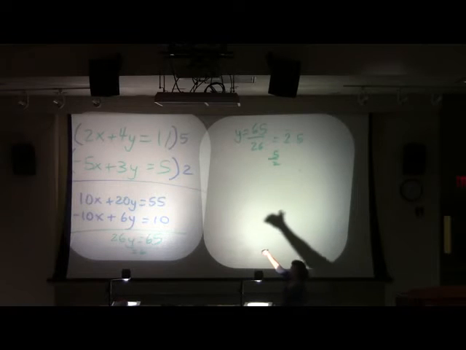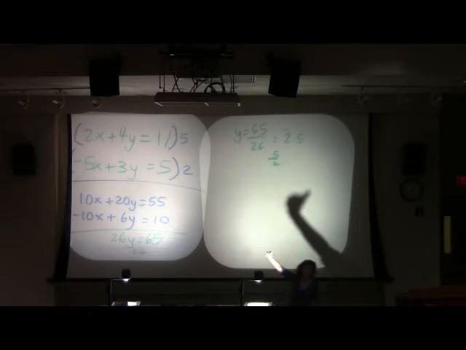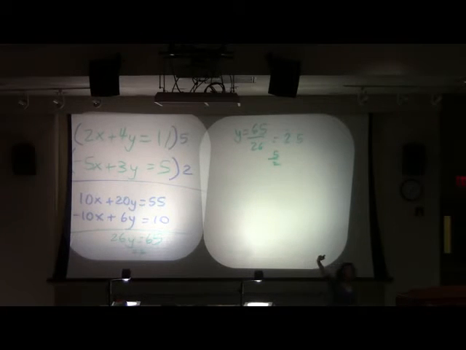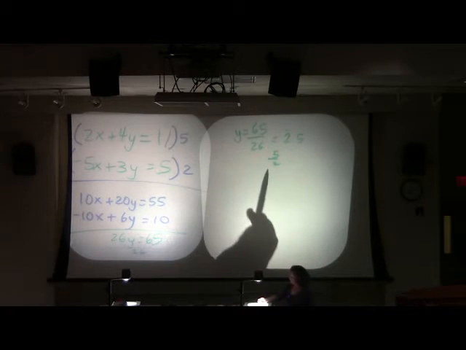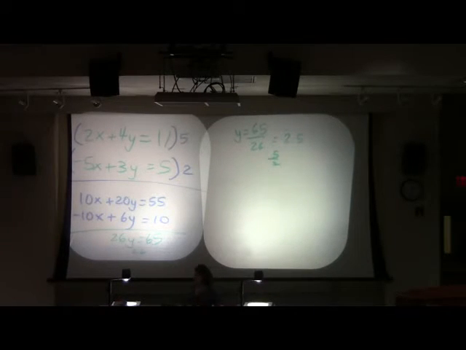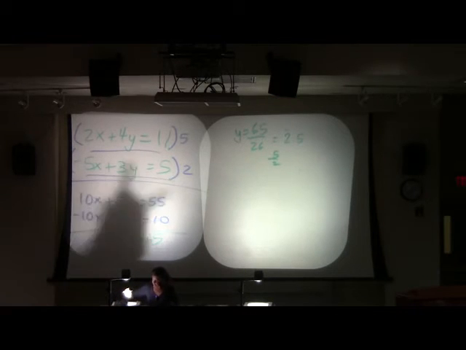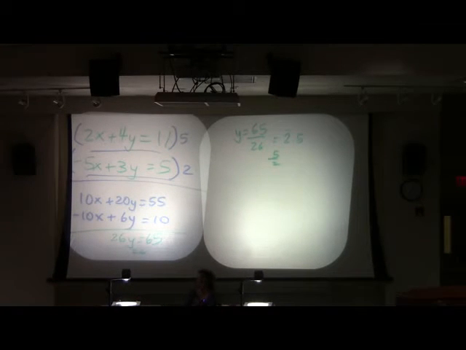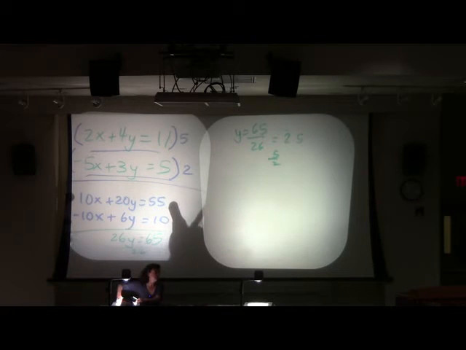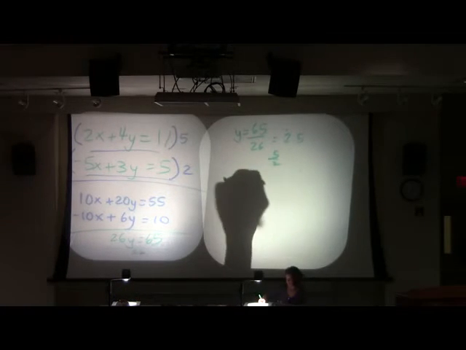All right, I have my y value. I need to find my corresponding x value. How do we find our corresponding x value? We take this value of y and we plug it in either one of our original equations. Again, it doesn't matter which one you plug it in. Yes? You could plug it into the bottom one. Also, your numbers will be a little bit bigger. But absolutely, that's a great question. Okay? I'll just plug it in my top one just because.